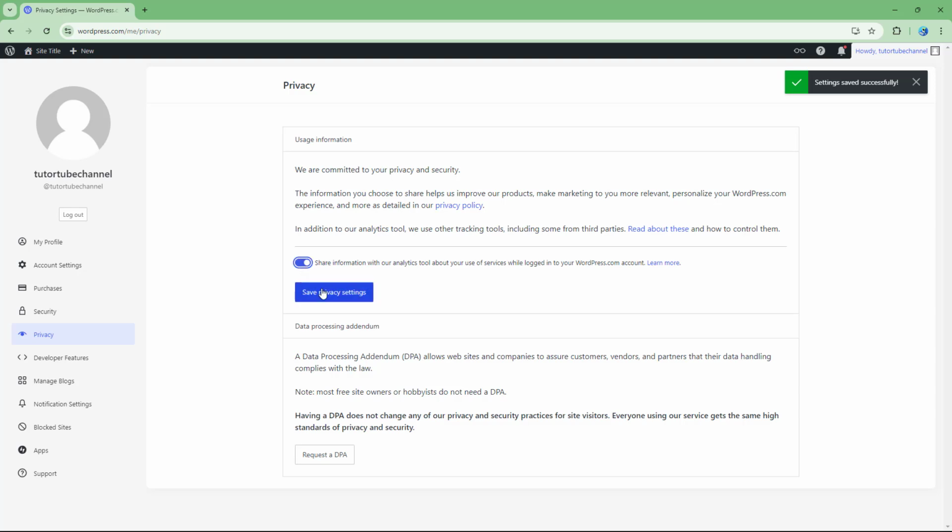You can also re-enable it, and that does help WordPress to improve how everything is provided as well. So you can do this according to how you want. You can also get the data processing addendum right here. If you want to know which websites and companies assure customers, vendors, and partners how the data is being handled by the law,